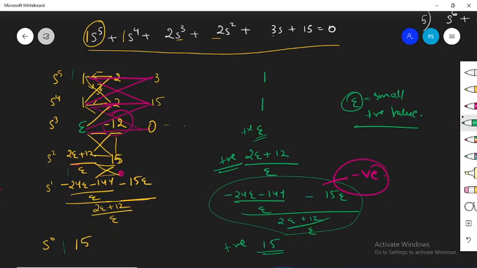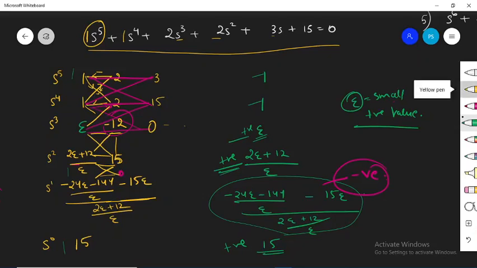Now, getting back to the concept of the Routh array: to find the stability of any system, just observe the first column of the Routh array, and if there are any sign changes, then the system is unstable, and the number of sign changes tells you how many poles of the system lie on the right-hand side of the s-plane. So here you can see positive, positive, positive, positive, no sign change, but here positive, then negative, then positive.